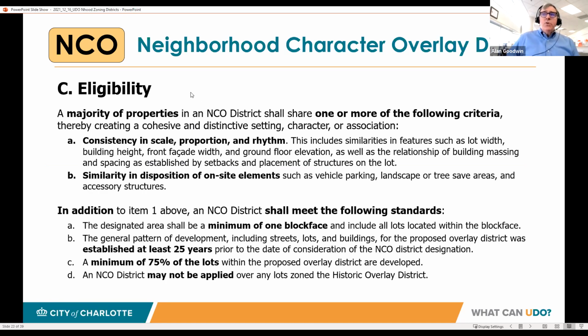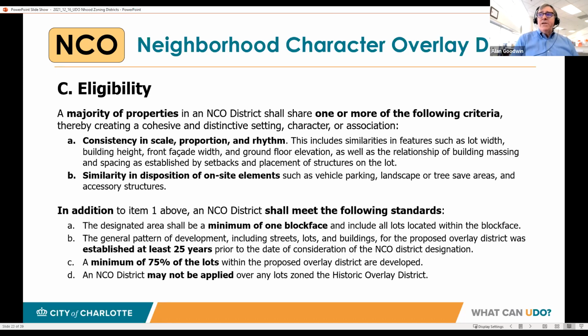So to be eligible for a neighborhood character overlay district, you've got to meet certain criteria. For one, there has to be some characteristics that we're trying to preserve, and they could include a consistency in scale, proportion, or rhythm.